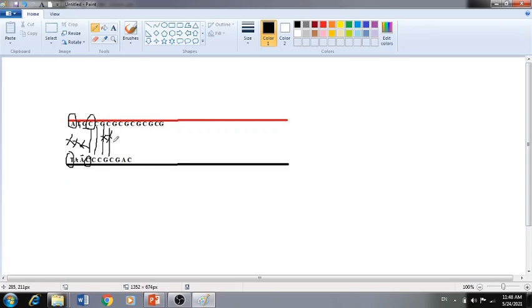CG, that is a mismatch. GG, that is a match, right? CC, that is a match. So you can see in this sequence, 1, 2, 3, 4 bases are matched while the rest of the bases are mismatched. Based on this matching and mismatching, points are given, and according to those scores, there are similarity matrices. There are several different similarity matrices which will find out exactly what the similarity is between this sequence 1 and this sequence 2.